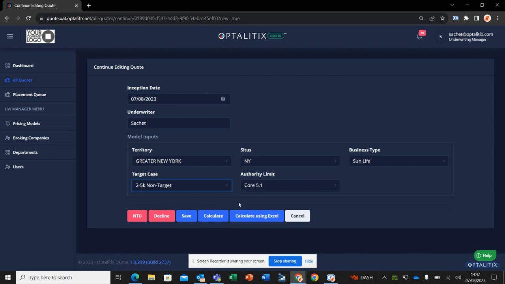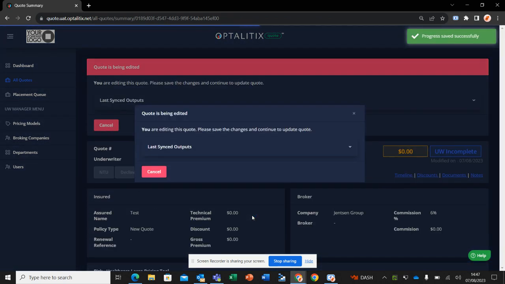Calculate and calculate using Excel are two calculate features. Calculate does server-side calculations. So if there are values or premiums that can be calculated right away, then an underwriter can use the calculate button to generate that value. For this use case, we'll be doing calculate using Excel. In calculate using Excel, it opens up a local copy of the pricing tool. So if I click calculate using Excel,